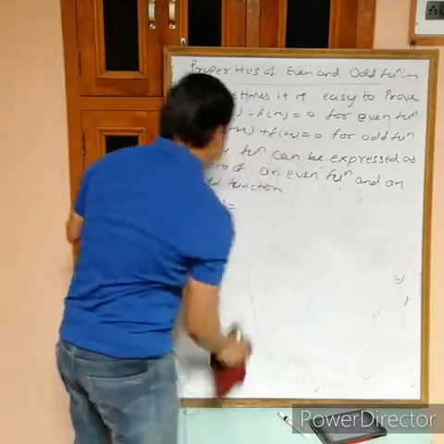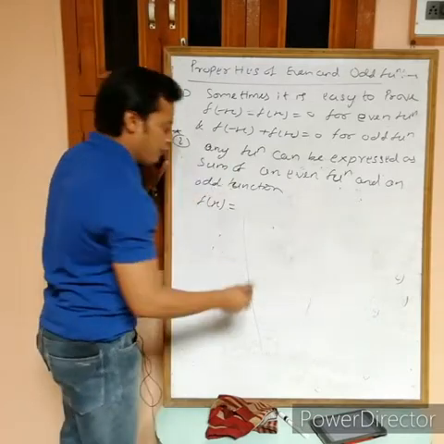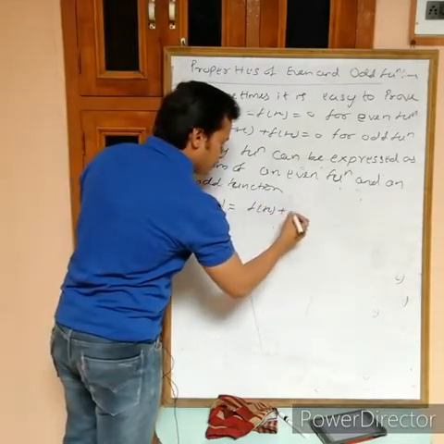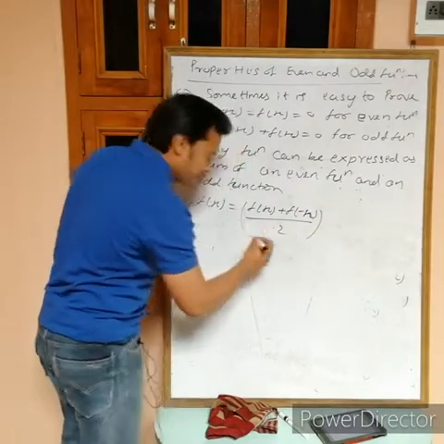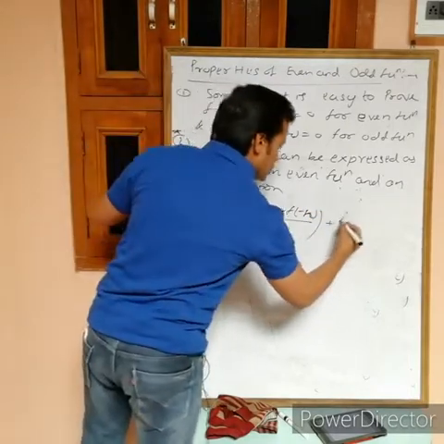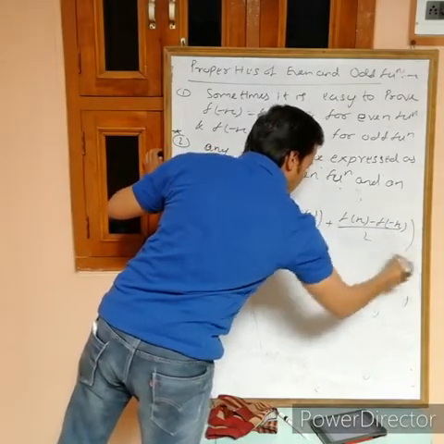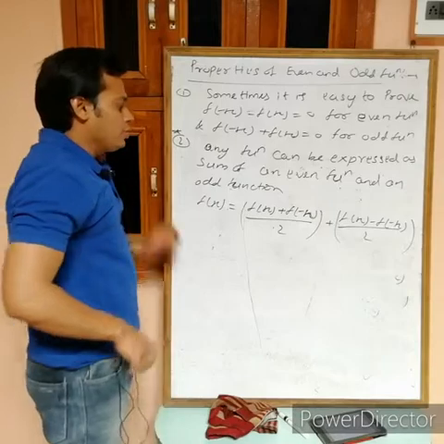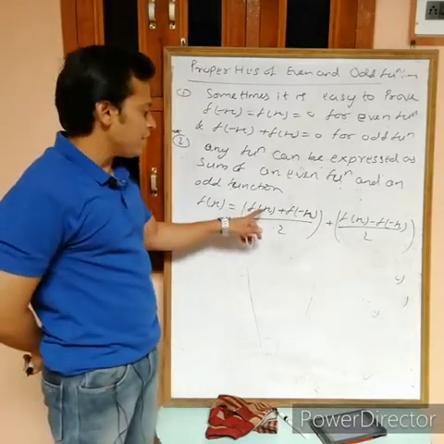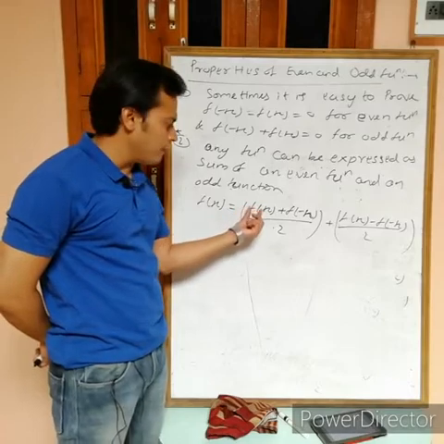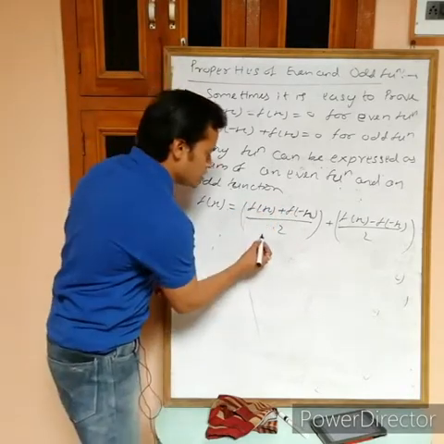And now see, any function can be expressed as a sum of even and odd functions. So I am writing f(x) plus f(-x) by 2, plus f(x) minus f(-x) by 2. Now check one thing, is this one an even function or not? If you replace x with minus x, then what you will get is f(-x) plus f(x) by 2, the same thing. So this one is an even function,